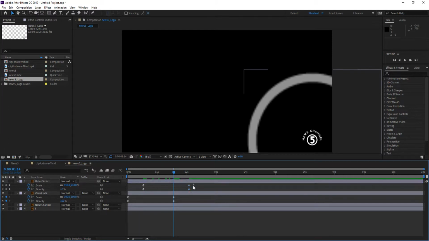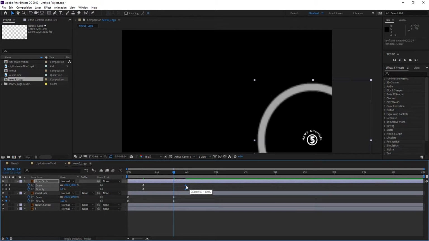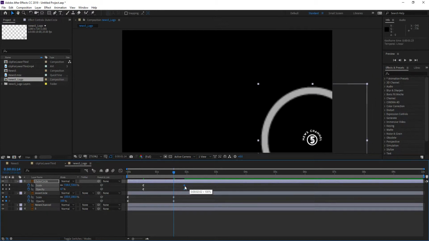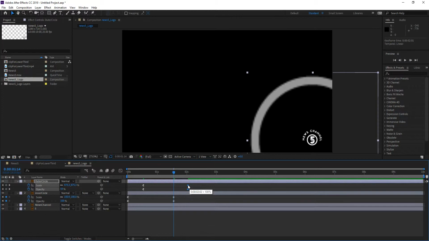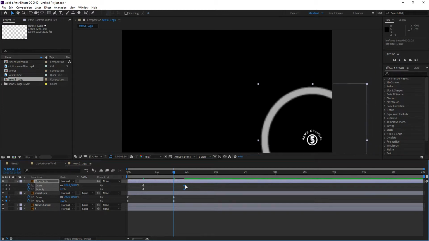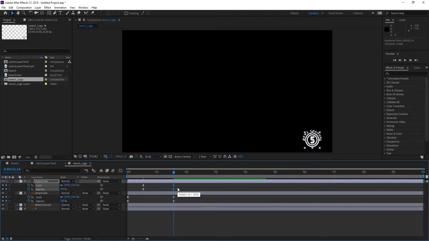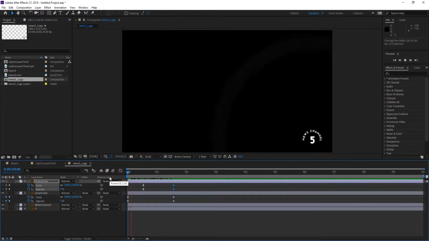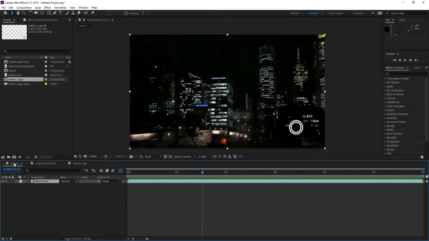I'll drag a selection across them to select both, and I will start dragging them towards the time marker. Now for them to snap, as I am dragging, I will press the Shift key. So I am dragging and then I press Shift and they'll snap to the time marker. Then I'll let go of the mouse, then I'll let go of the Shift key, and everything is as it should be. Now when I play this back, I should get a similar effect as what you see in this